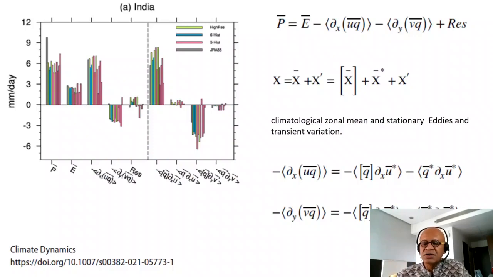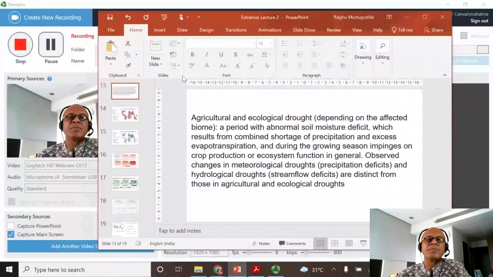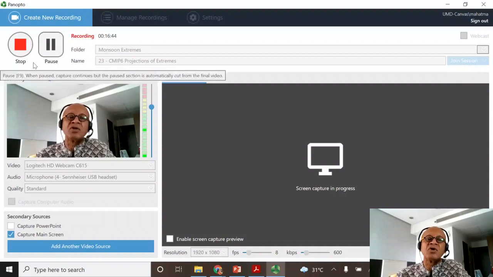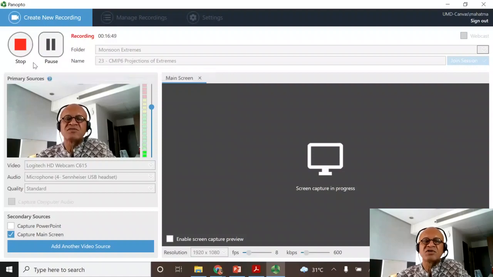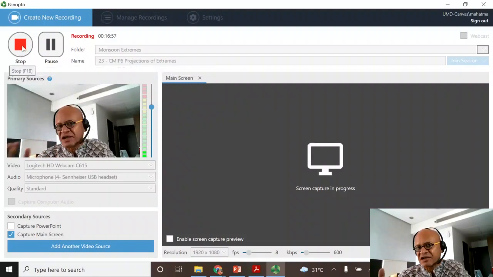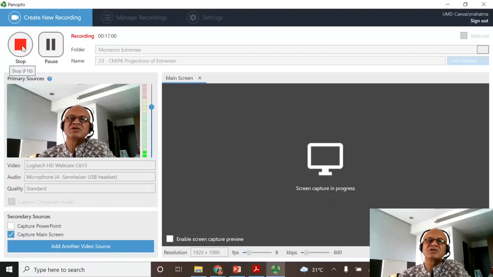So those are very useful for advancing process understanding so that models can be improved, and predictive and projection understanding and biases can be advanced as well, so that we have a better handle on the model uncertainties in historical simulations and convert that to understanding of uncertainties in future projections. Okay, so that's just an example. I run through these things because they are just meant for introduction. I give the reference in each case, which you can go and look up for further details.